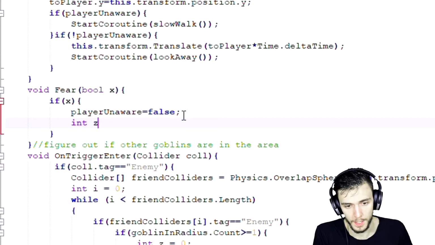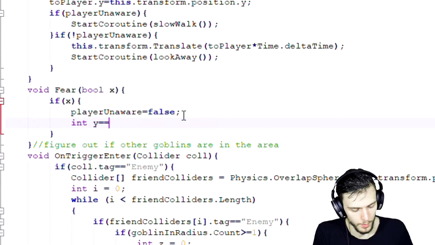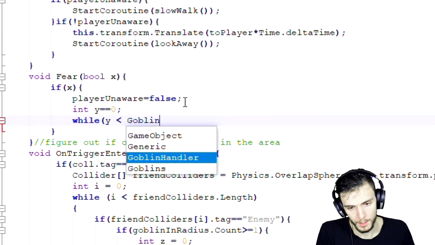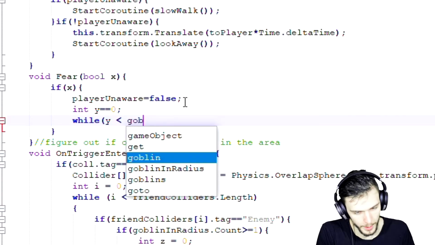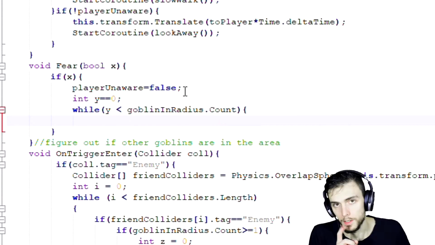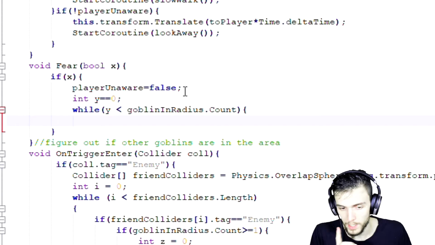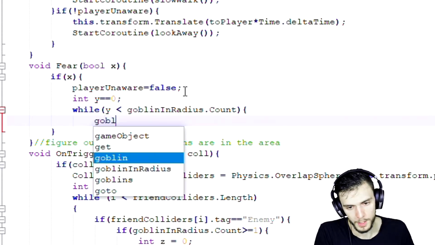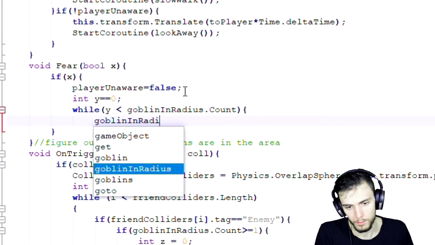So put it in Z, in Y equals 0, while Y is less than goblin, not lowercase, sorry, goblin in radius dot count. Okay, if it's less than the goblin radius dot count, goblin in radius